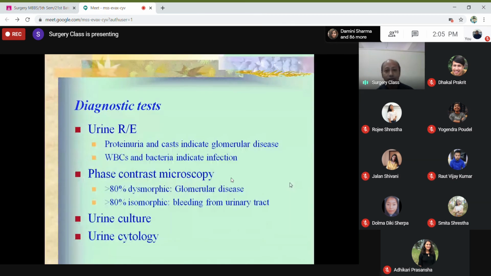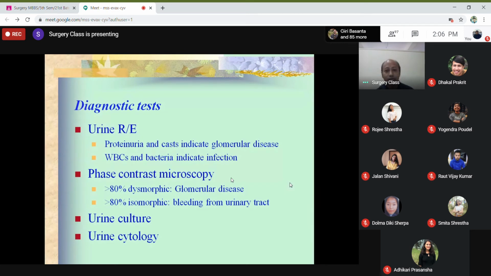So, diagnostic tests. After history and examination, what investigations do we do to diagnose the cause of hematuria? The first and foremost is the urine routine, the cheapest and easiest investigation. In urine routine, first of all, we see the presence of RBCs. How many RBCs per high power field, or plenty, or less than 3, more than 3 is significant. So besides RBCs, what